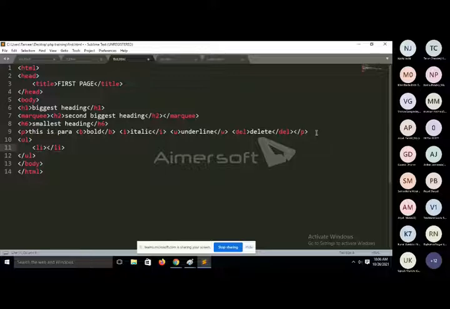See, I just want to write here: the first list item is Java, the second list item is PHP, the third list item is any other programming language like Python. So see, when you print an unordered list, it will display data with the help of bullets.